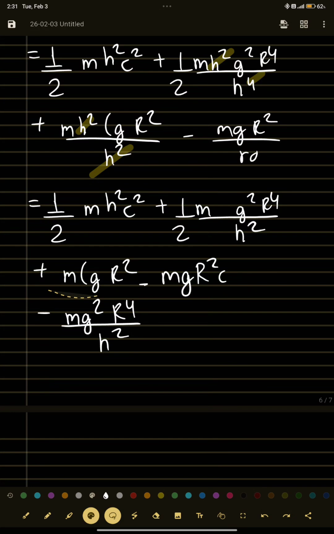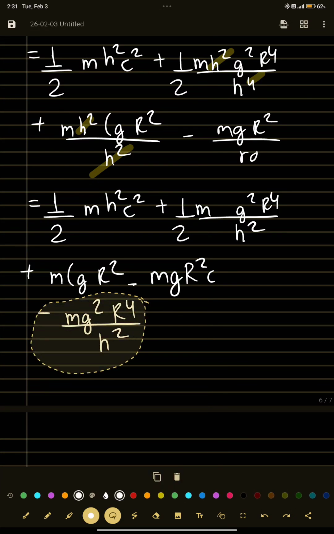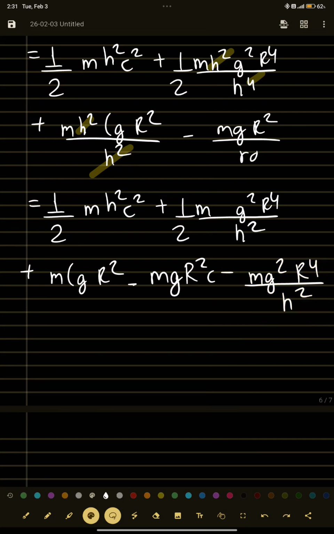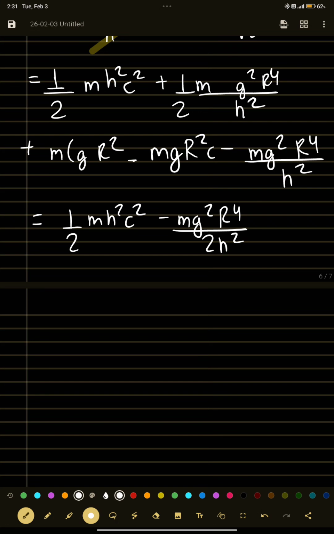Then you are having minus of mg r h square and 2h square. This term is greater. So finally you will get E as half m h square c square minus mg square r to the power 4 by, because here you multiply by 2, 2h square, 2 is there with the minus sign, so it becomes a fraction. And finally this expression comes out to be,